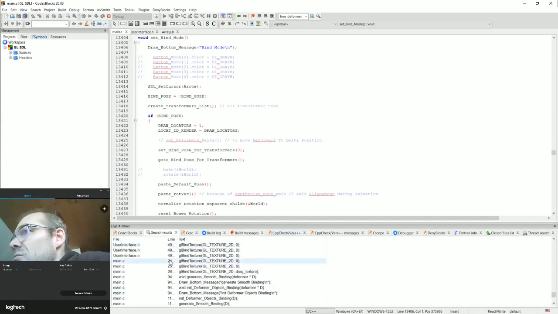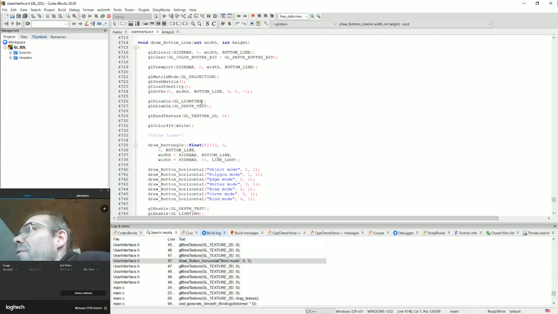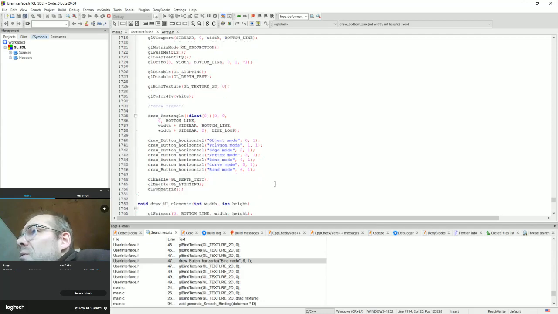And we wish to search also those files here that we differentiate in the main C, whether it's in main or user interface. And I rather look about this user interface. Mount draw button horizontal. We see in this draw bottom line. This is the function. And now we wish to add the next mode here. And we just do it like this. I just copy this line